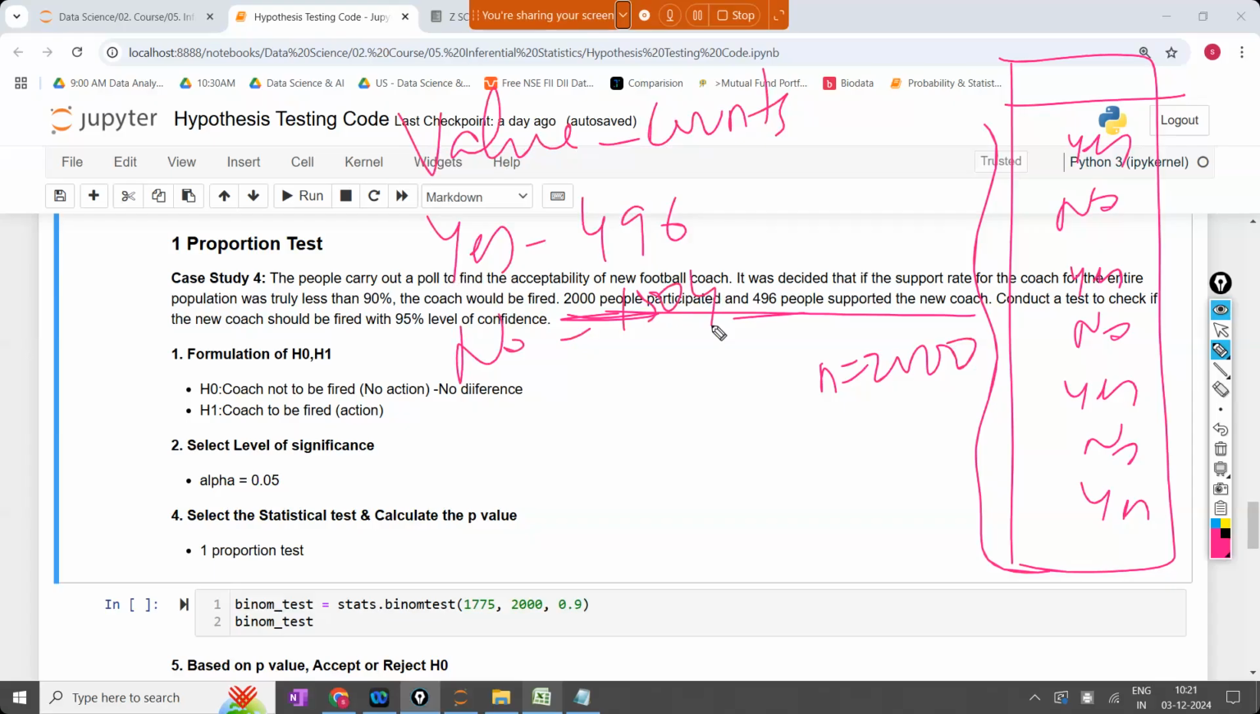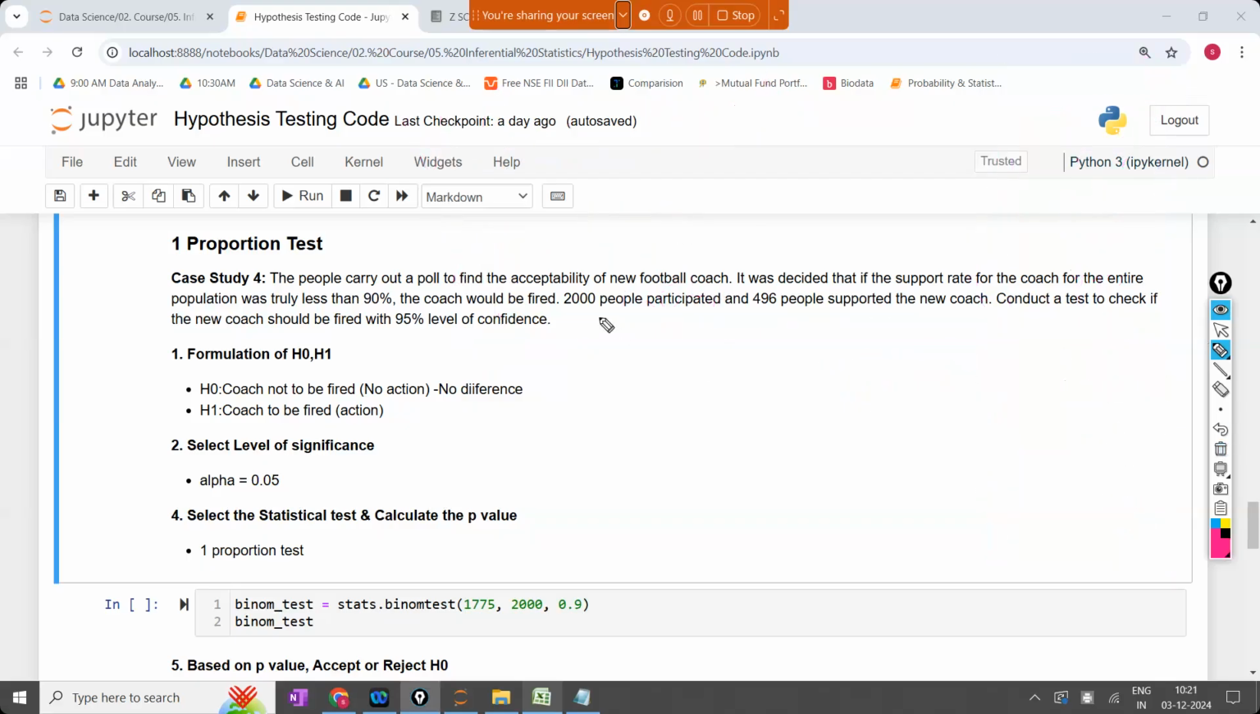Okay. If the data set was given to us, we would apply value counts. Instead of giving the data set, they have directly given the numbers: 2000 people, out of which 496 people supported the coach. If you give me the data, I will calculate how many supported and how many did not, using value counts. They have given the answer directly: 496, and conduct the test if the new coach should be supported with